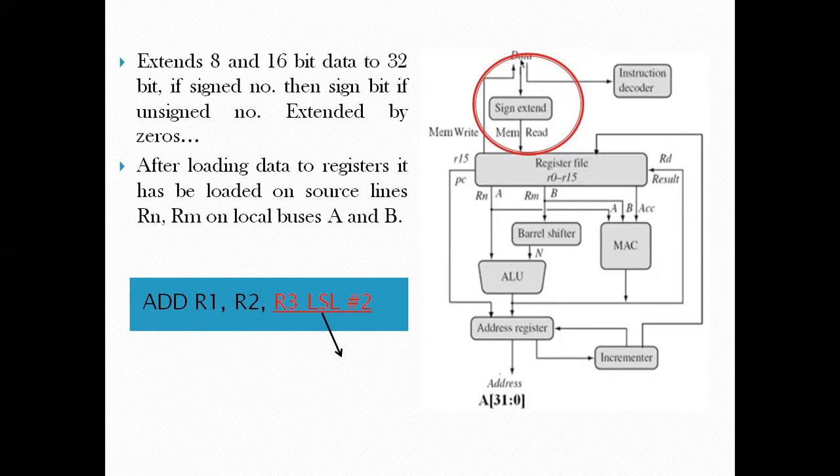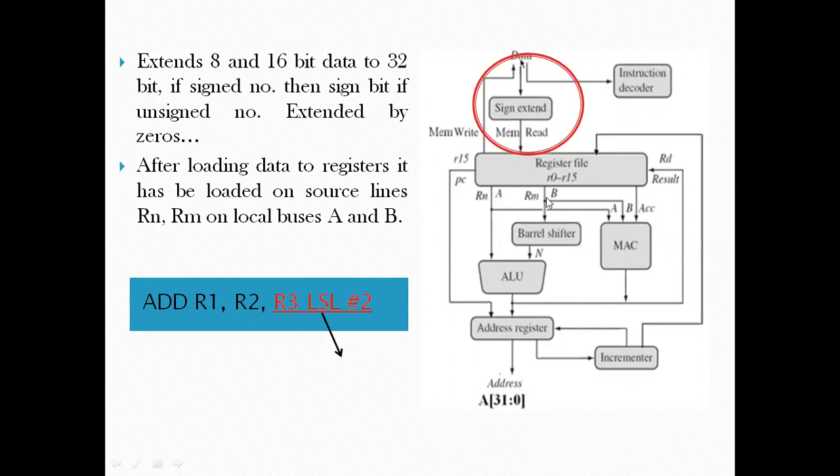For all the logical operations and the normal arithmetic operations of addition and subtraction, we have these buses which are shifting the data to the arithmetic logic unit. Now Rn and Rm are serving as the two sources. They are the operands which we need. We need two operands to process addition and subtraction, so Rn and Rm indicate those two operands. And A and B are the local buses.